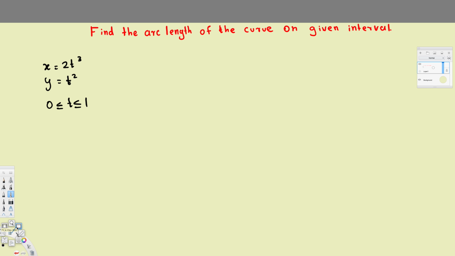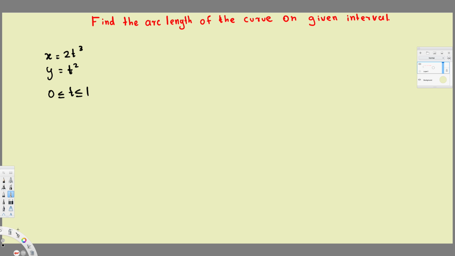What's going on, guys? Let's see how we can find the arc length of the curve on the given interval. So let's see, we have these two functions right here. The equation we are going to use is L equals the integral from a to b of the square root of 1 plus